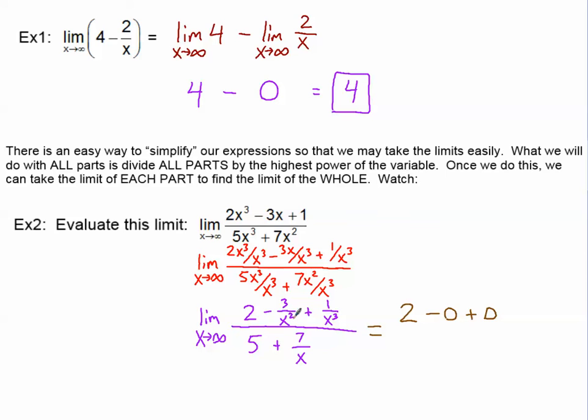Because these fractions only have denominators with variables, the denominators are getting very large, so the fractions are getting very small. 5 will remain 5. And the limit as x approaches infinity of 7 divided by x, for the same reason as these two, will be 0. So obviously what's left is 2/5. So that's a good little process that we can do. We take our more complicated fraction, divide each of our parts by the highest power, reduce all of those pieces, and then take the